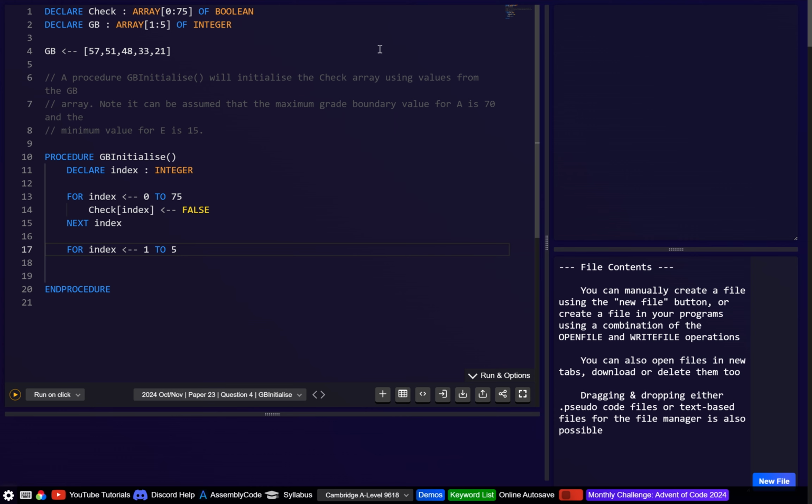So here let's go to 5, since there's 5 grades in this grade boundary array. Then this is where, if you wanted, you could assign to the lower and upper. Although I think I'm just going to do another for loop. The way I'm going to do this, let's go GB, it's going to be this index, and